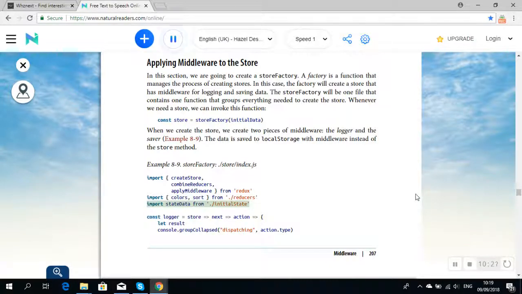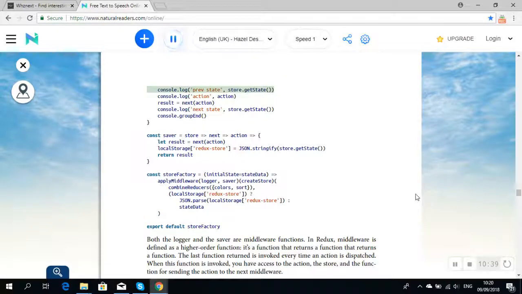Import stateData from ./initialState. const logger = store => next => action => { let result; console.groupCollapsed("dispatching", action.type); console.log("previous state", store.getState()); console.log("action", action); result = next(action); console.log("next state", store.getState()); console.groupEnd(); }. const saver = store => next => action => {